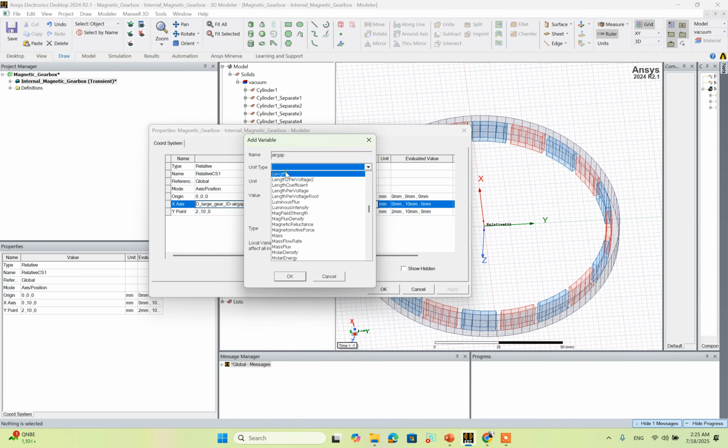Here unit type is length, and air gap is equal to 1 millimeter,